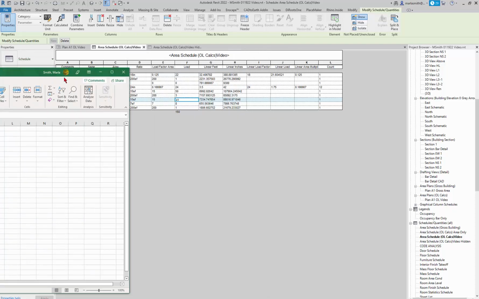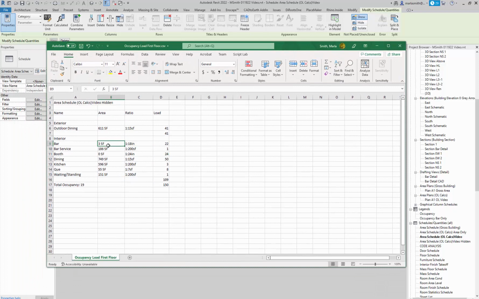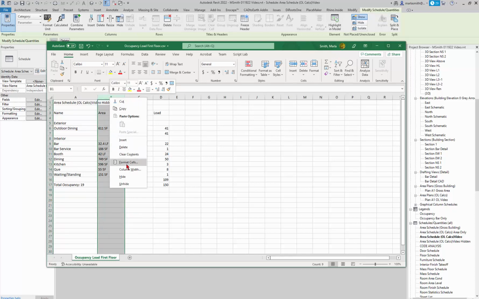So we can go back in here and say 389 or 32.4 linear feet, and this one would be 504, or if we divide that by 12, that's 42 feet, right? So I'll just do 42 linear foot. Again, I'm not sure it's going to make a difference, but and then maybe we format this guy, format the